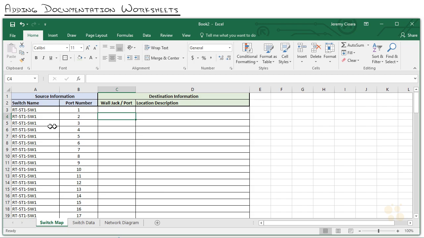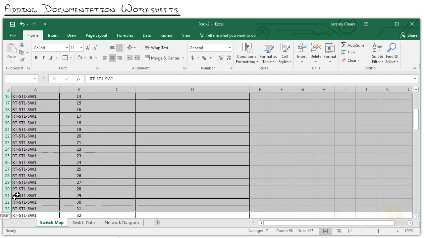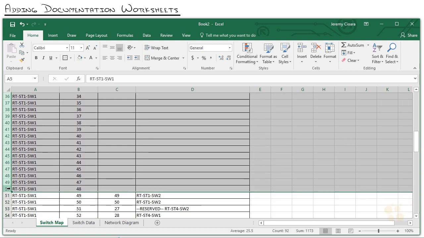But what a lot of people will do is they'll put in the key ports. Like, for instance, let's just say, and I don't know this, that this connected to the internet router, and maybe it's the ETH0 port on that. Maybe port 2 connected to the primary server, and we'll just say NIC1 on that primary server. Now, whatever description is used for the Ethernet cards on those devices is what we're looking at for the destination information. But all the other stuff, those minimum flare people, would just be assumed to connect to other wall jacks